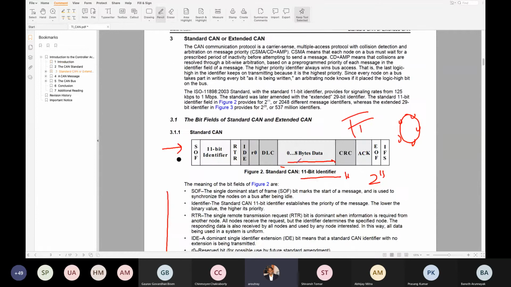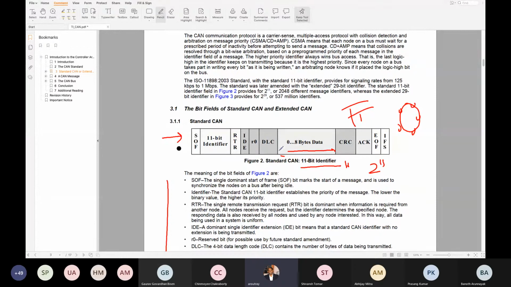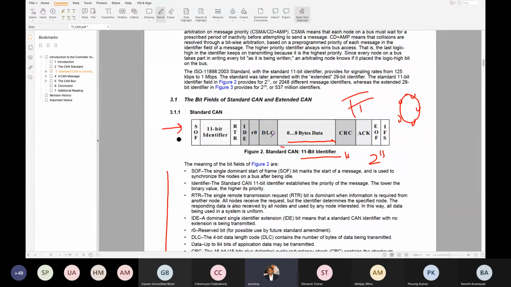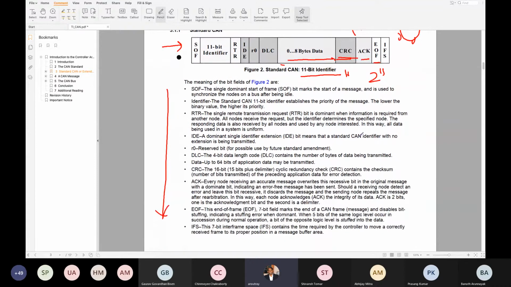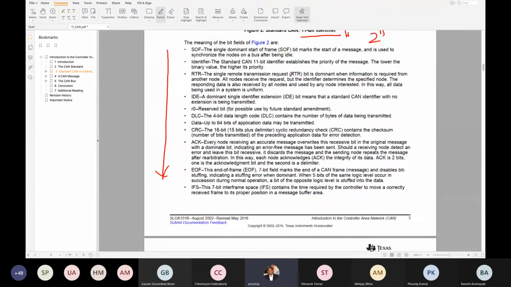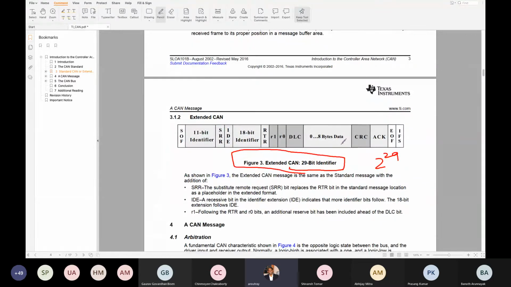One is the short identifier, the standard 11-bit identifier, and this is the frame sequence: start of frame, 11-bit identifier, request to receive or transmit, then IDE, the identifier extension bit, then R0, a reserved bit, DLC, the number of data bytes, then the error correction code, acknowledgement, end of frame, then IFS, the interframe space, which is about 7 bits. This is the standard CAN format, and the extended CAN format has a 29-bit identifier.